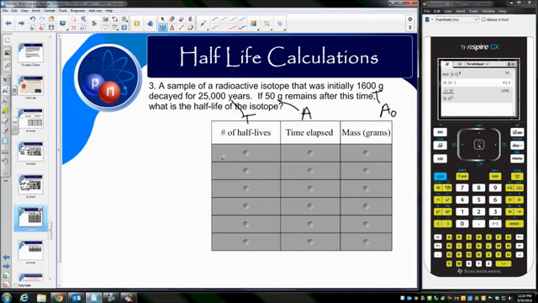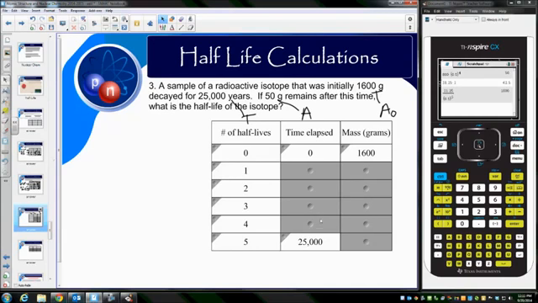Good question. So let's reveal what we can to say about this. We do know time elapsed was 25,000 years. We know it started off at 0. We know its initial mass was 1,600. And just using simple logic, we know our half-lives. We don't know 1 through 5 here. That's not true. We do know our mass in grams drops by half each time, and this ends up at